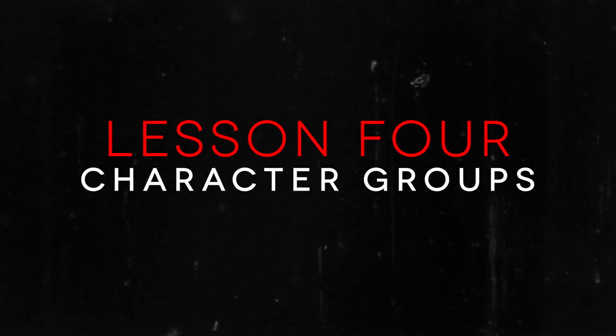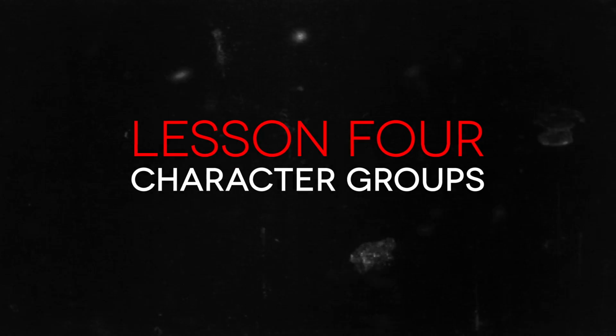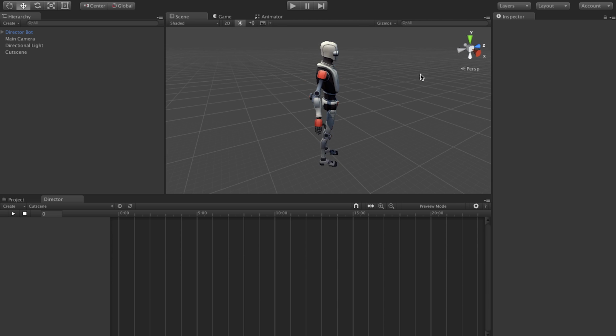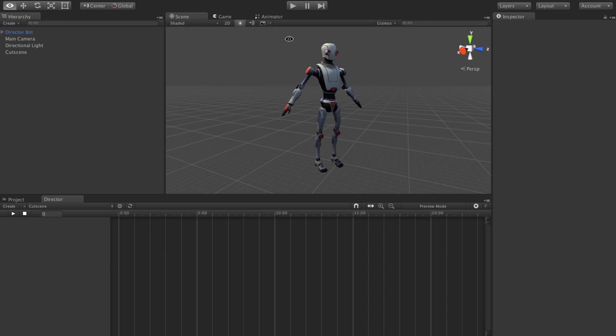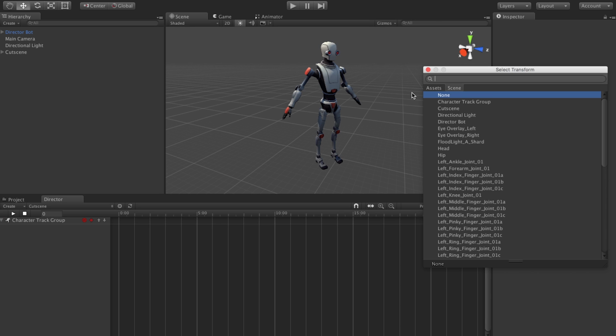In this one, we're going to be taking a look at character track groups inside of Cinema Director. Let's get started. So we have a blank cutscene here with our robot Kyle, or director bot, or whatever you want to call him. And we're going to go to create character track group, and then we're going to target our robot,